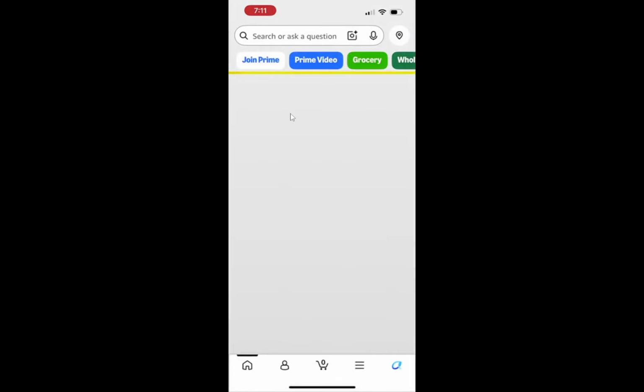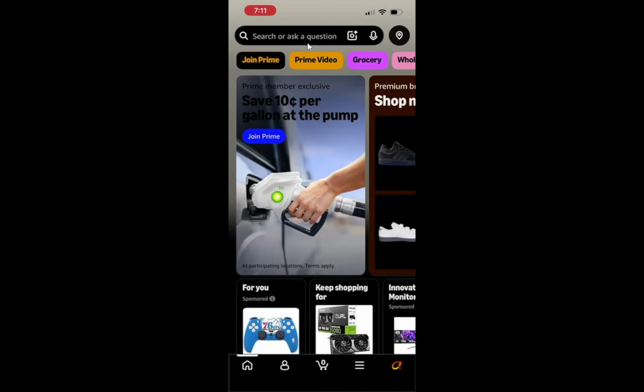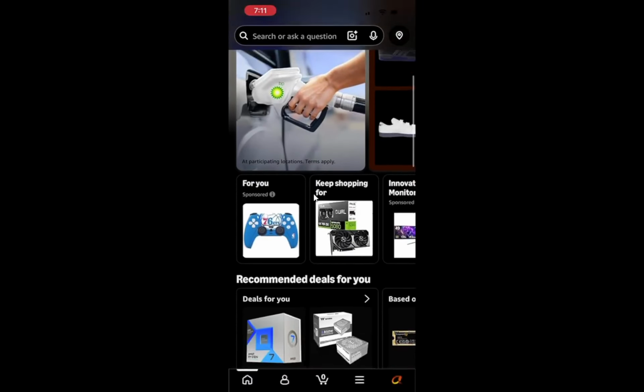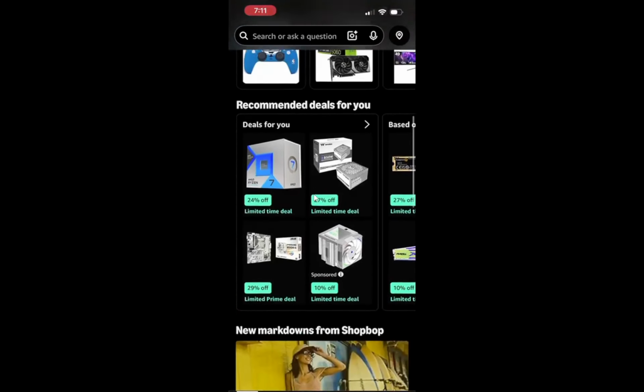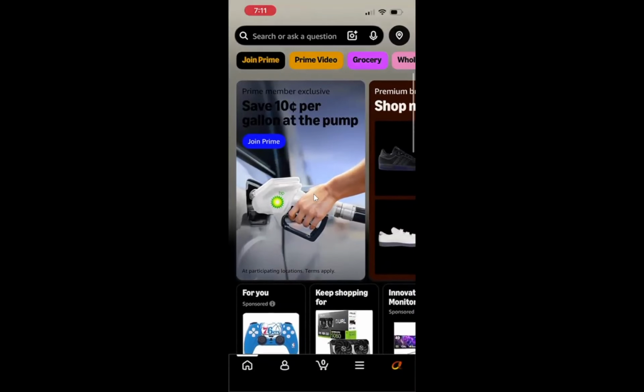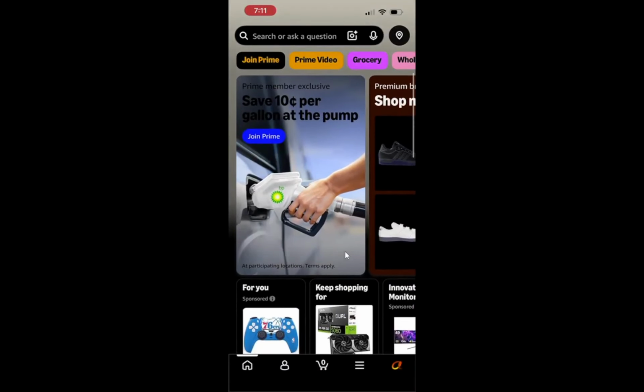If you are not already signed in, the app will prompt you now. Enter your Amazon account email and password to sign in. After you log in, you will return to the main Amazon home screen and you might see your name or personalized recommendations, which confirms the sign-in worked.